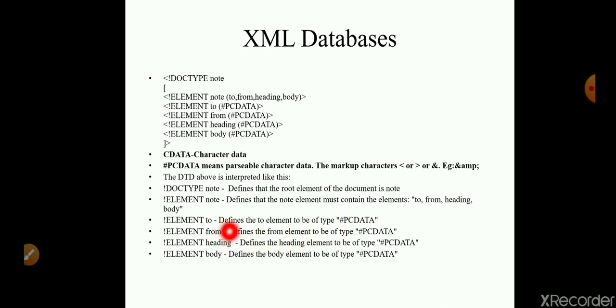Next, to is of type PCDATA, from is also of type PCDATA, and the heading element is also of type PCDATA, that is parsable character data. Body also defines the body element to be of parsable character data.